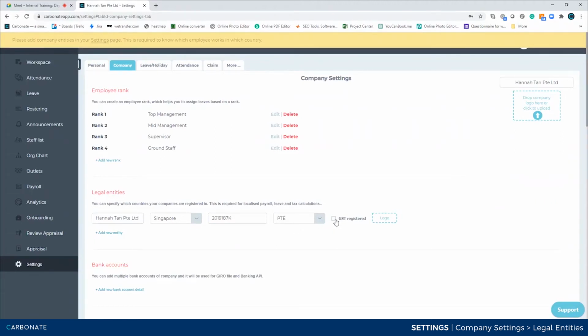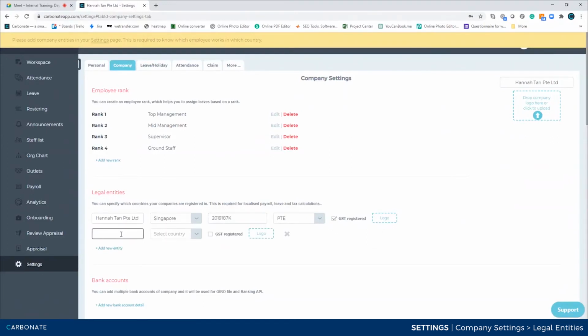Now, if your company is GST registered, you will check this box. And then if your company logos are different on organization level and then your entity level, you can upload different logos over here. Similarly, you will keep on going. I'm going to add one more over here because Hannah is from Philippines. So I will add Philippines company. Okay. So Hannah